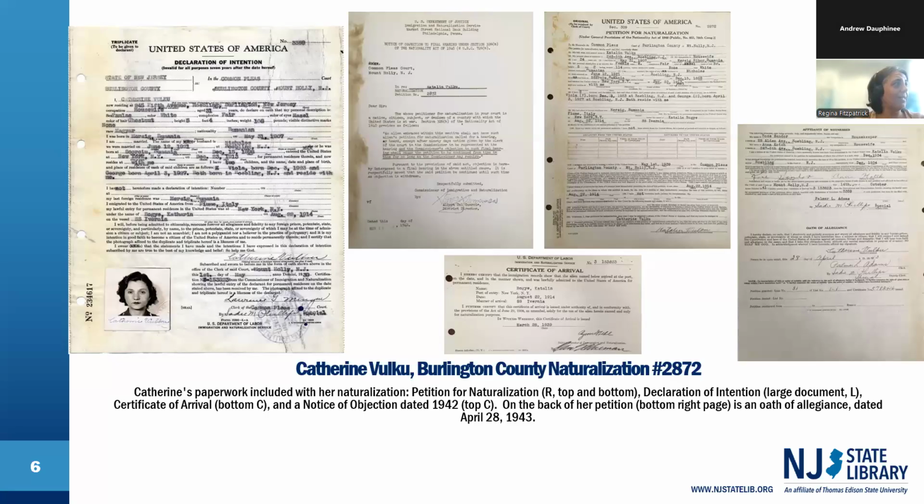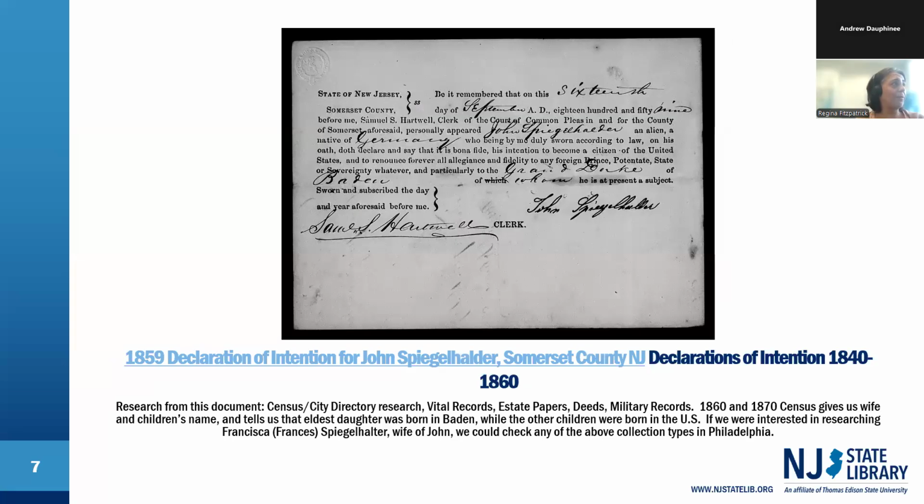Now, in our next example, we're not really after John here. We're really after his wife, Francisca. Let's just say for the state,